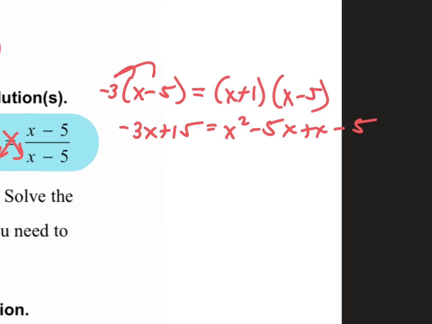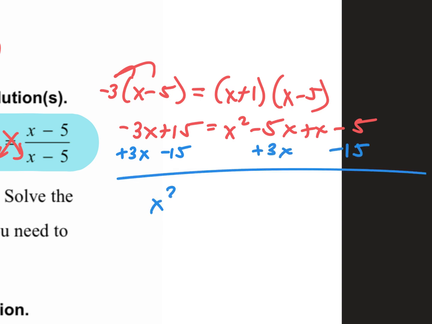It's a quadratic, guys. Let's get everything to one side. I'm going to move everything to the right just because I want to keep my x squared positive. You could move everything to the left. That's fine. Just have to deal with the negative. So I'm going to add 3x and subtract 15. That leaves me with x squared minus 2x. Wait, we didn't combine here, did we? So this would be minus 4x. So this would be x squared